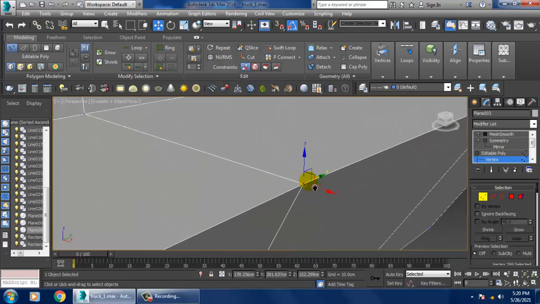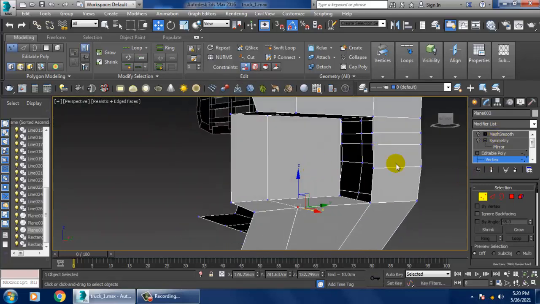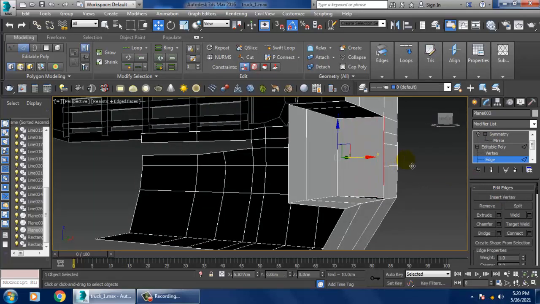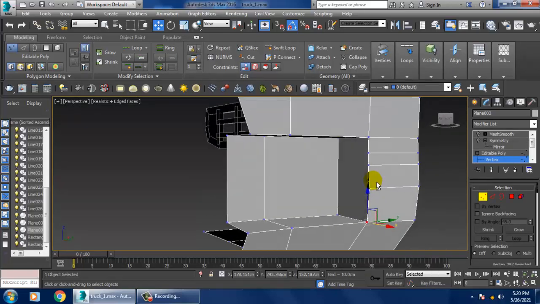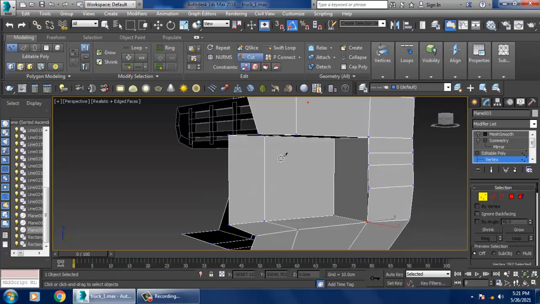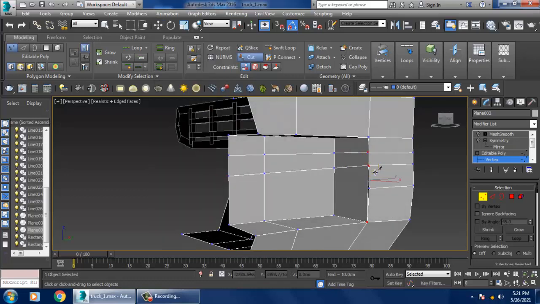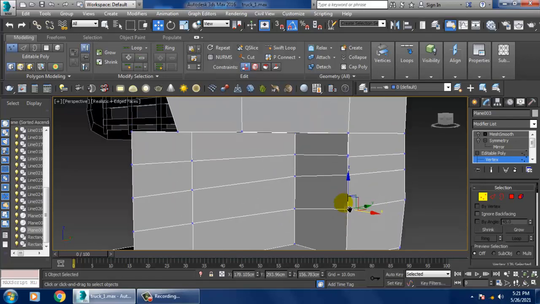Once you're done over here, again select this edge, just drag that, select this and weld it, right click, cut. So use a cut over here. We need to use this cut again and again, weld it, weld.